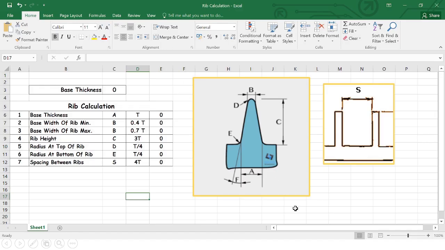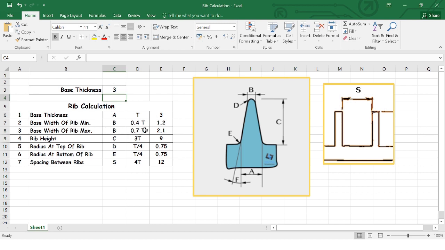This is an Excel formula sheet. Suppose the base thickness is 1 mm, then all these formulas are calculated directly. The base width of the rib is a minimum of 0.4 and a maximum of 0.7. Suppose our part has 3 mm thickness, then the proportional calculation is done.